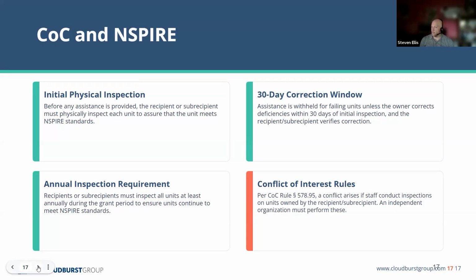Otherwise, the annual inspection is still going to apply. Once again, it's not a 2 or 3 year, it's annually, and the conflict of interest didn't change. So if you do have a conflict of interest for inspections because it's a property that you own, that will also not change. So the framework, the structures, the systems that you're creating to meet compliance aren't going to change, just some of the specifics behind it.